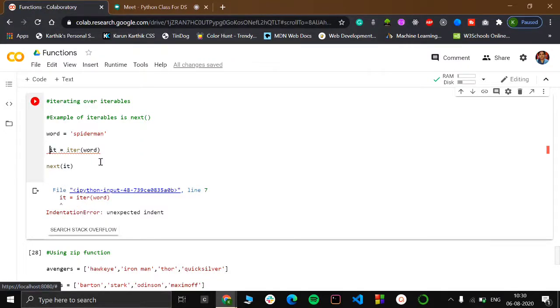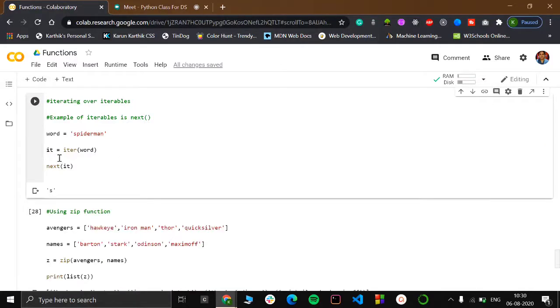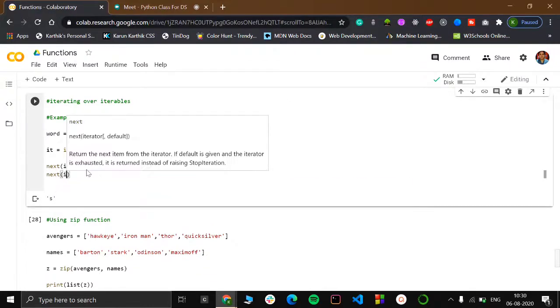Just a minute. Equal to iterable. So what it tries to do is, when I have used this iterable, it iterates individually through each and every letter which we have given here. So if I do next of it here, it goes to the next part,